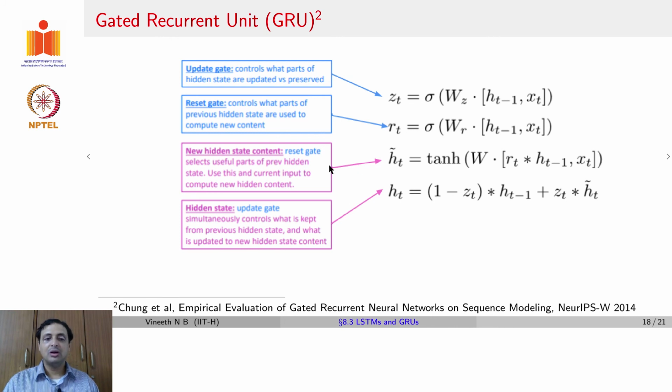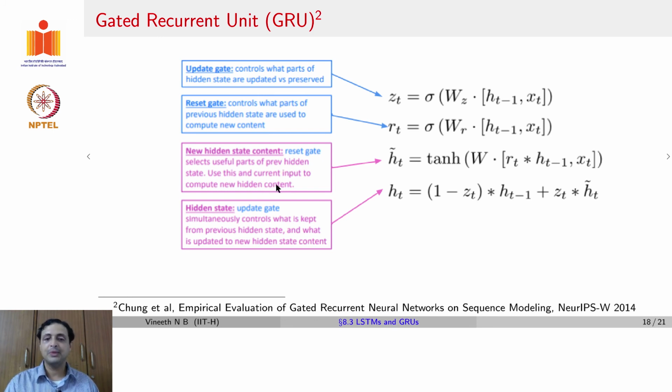But now the new hidden state content is given by the reset gate. The reset gate looks at h_{t-1}, the hidden state coming from the previous time step, decides how much of that should be processed and then gives you an updated hidden state. So the reset gate selects useful parts of the previous hidden state and uses this to compute